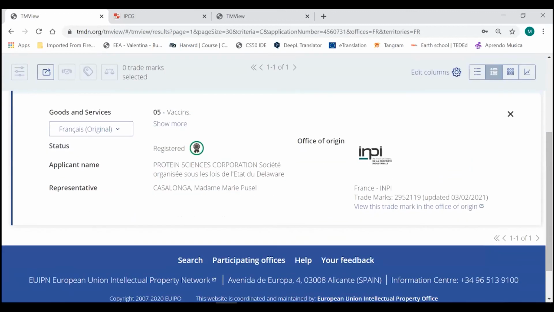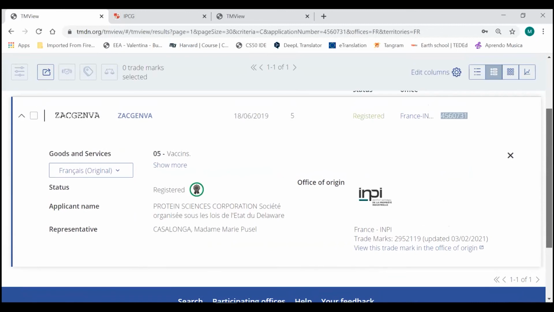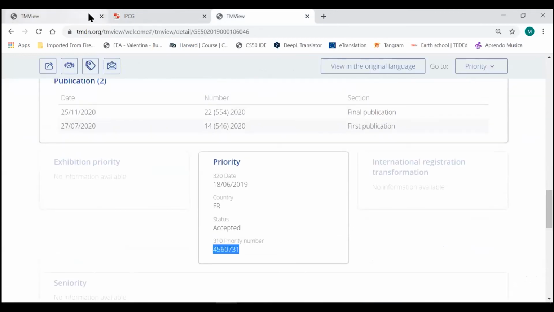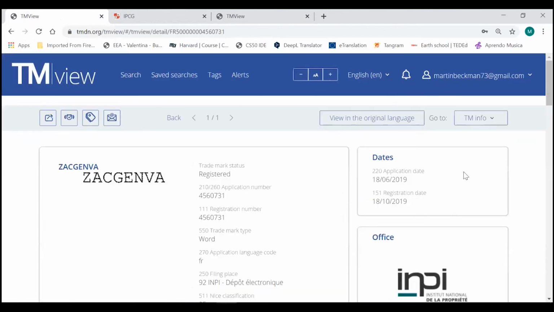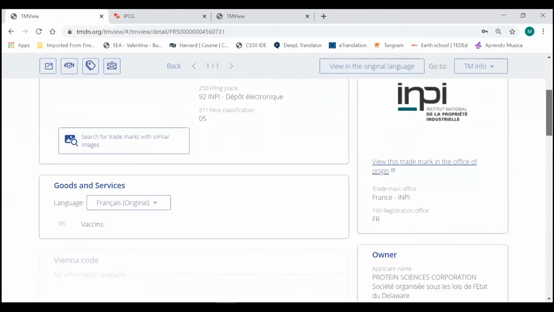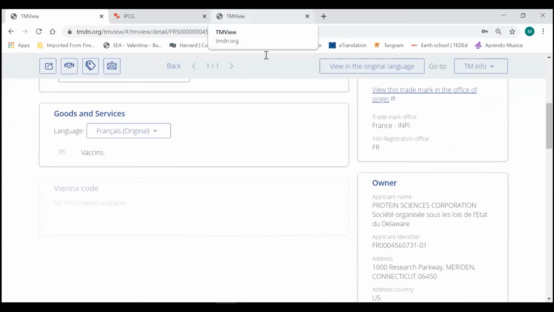And now the examiner can actually proceed to check the details. These are the same data that we saw in the priority claim in Georgia. As we see here, we can now check what is provided by the French office. We can see the trademark name was the same. We got the same date. We can also enter into the details page itself. It's probably better. Checking the dates, we check the trademark name. We can check the owner. If we go back to